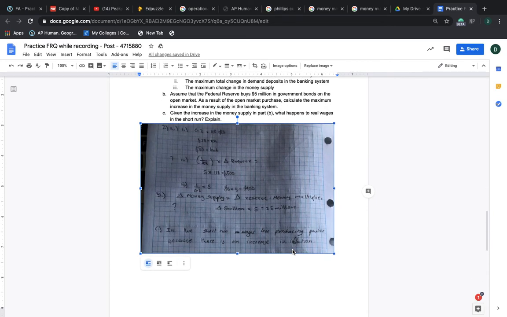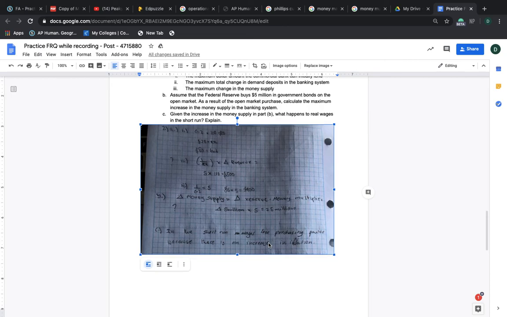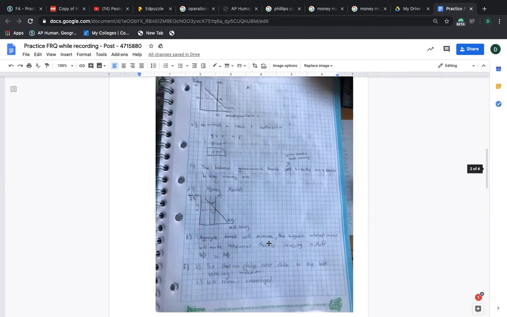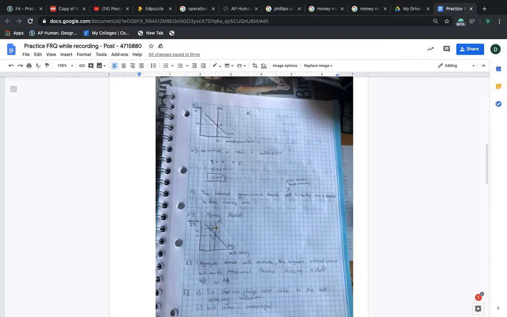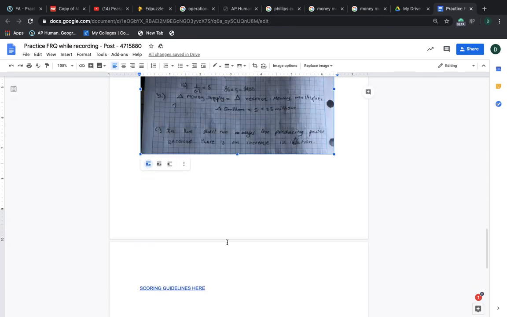Finally, for C, given the increase in money supply in part B, what happens to the real wages in the short run? And explain. So for this one, in the short run, wages will lose purchasing power because there is an increase in inflation. So we can see that this is the contrary effect of what we saw in this part. So instead of money supply shifting to the left, it will shift to the right, decreasing the nominal interest rate, and since loans are cheaper, there is more investment, there is a shift in demand, and